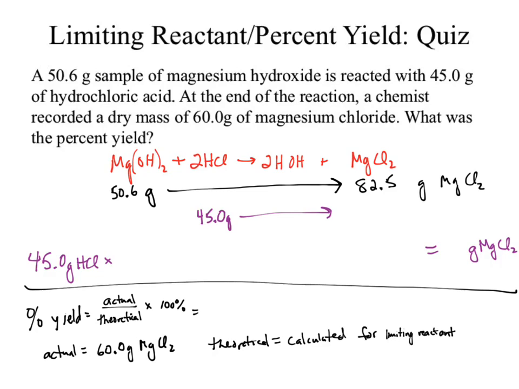No, so I need to do a conversion. Okay, within that conversion, what do I know needs to happen? Grams of hydrochloric acid must disappear, so it's got to be on the bottom. Can I convert the grams of hydrochloric acid to anything? What can I convert it to? Moles of hydrochloric acid. Okay. Where do I find that conversion factor? I can get that conversion factor from our periodic table, which I'm just going to abbreviate PT. And it comes in at 36.45,